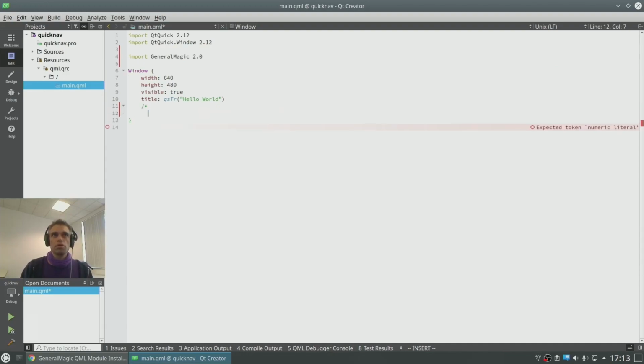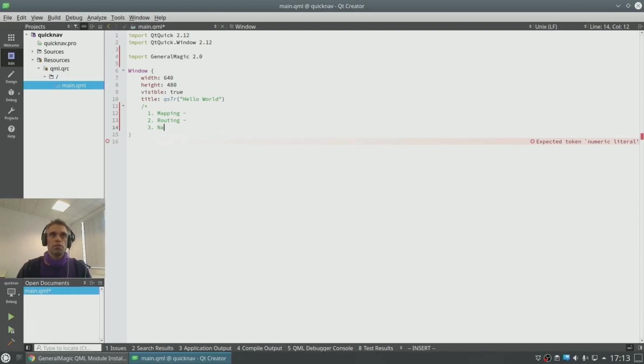So make a plan. A navigation app contains three main parts. The first part is mapping. Mapping refers to a control which displays the map and supports functionality such as pan and zoom. The second part is routing. Routing refers to having at least two points on the map, a departure point and a destination point, and optionally additional waypoints in between, one or more, and computing a route between the departure and the destination point, and then drawing it on the map.